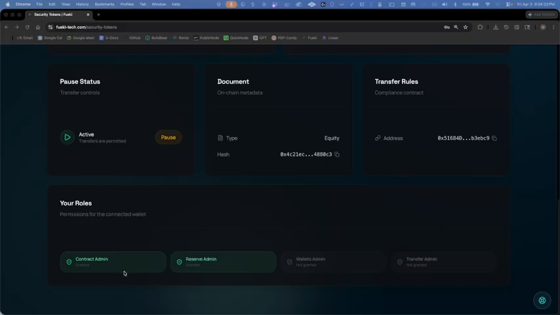The contract admin is basically just responsible for the management of the token supply. So basically they can pause the token, which prevents all trading. They can create snapshots, which is relevant for dividend distribution, and they can upgrade the transfer rule contract, which if